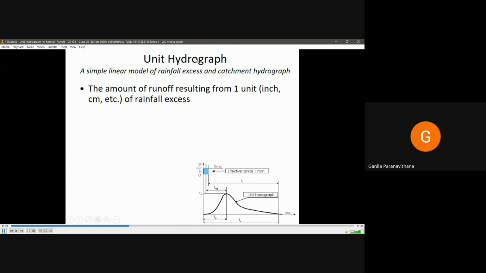We call it a unit hydrograph because the idea is that if we have a certain amount of rainfall excess, whether it be an inch or a centimeter, we could prepare a relationship like this for any particular unit of rainfall excess. We want to know, for a watershed in question, what the typical curve of runoff looks like. So you're assuming uniform coverage over the watershed. It's not just for a certain part of the watershed that's having rainfall. You'd want to know, if you had 1 inch of rainfall excess,